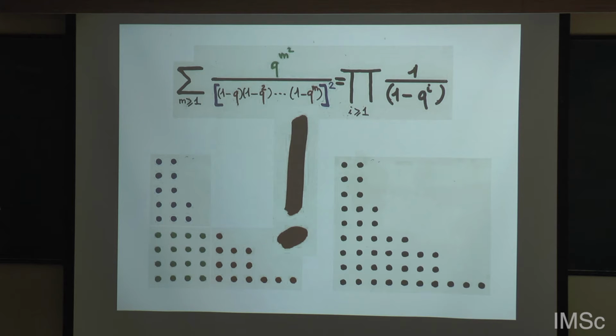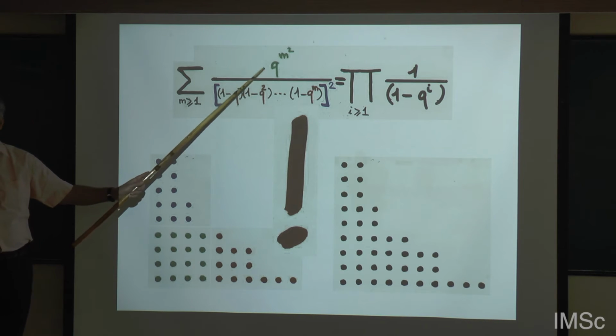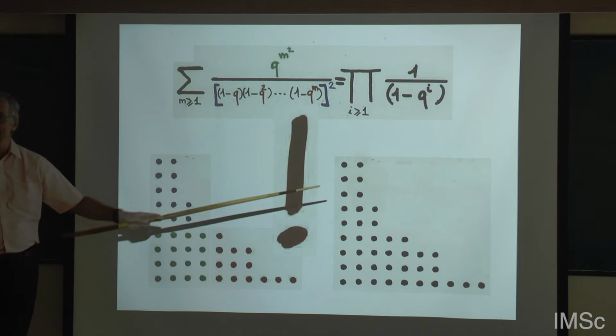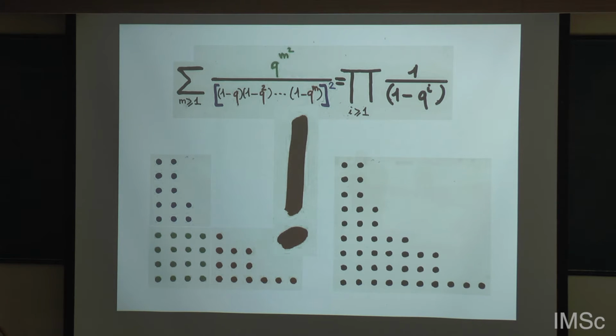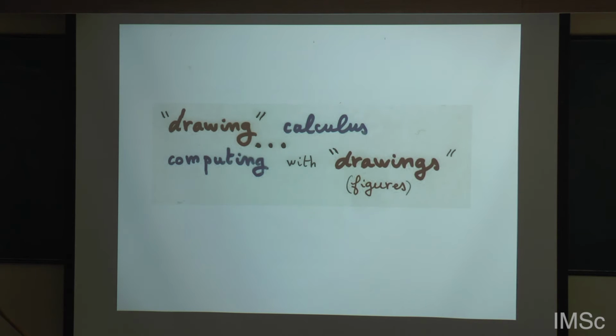This is a visual proof. Well, I speak a little. There were a few words in this proof. It's not a proof without words, but it's just a question of being a good commentator, to translate each part of the identity into some picture, and then the correspondence is very easy at this level. But some identities are very difficult to prove at the combinatorial level. Here it's an easy identity.